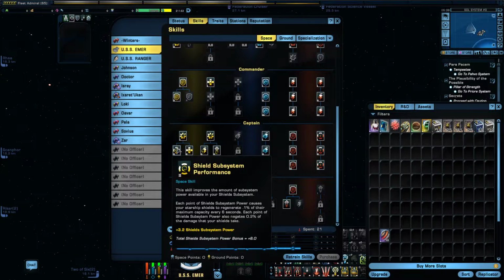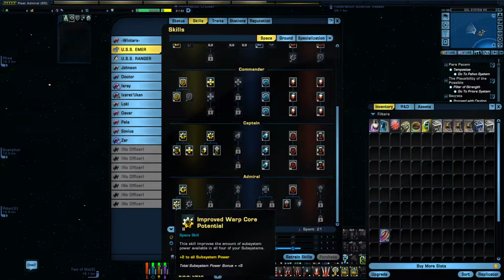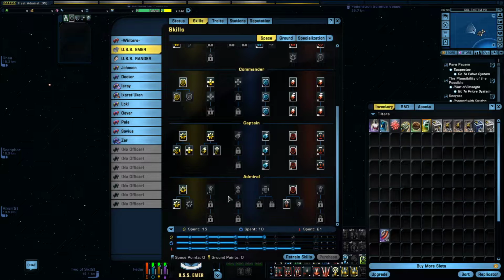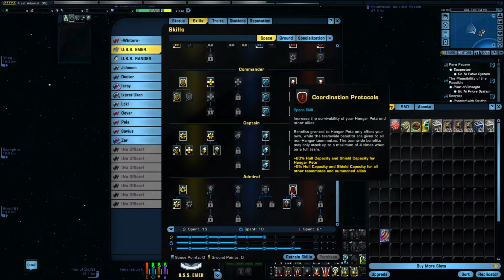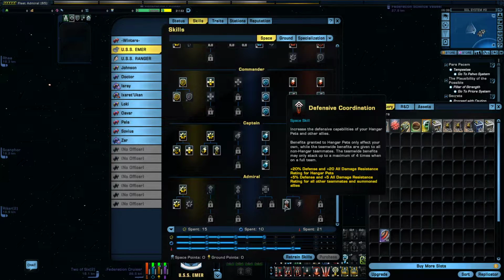And the same here on the engineering. Basically, these are all power buffs. And then we have 2 points in improved warp core potential. We have 2 points. And what's a little different about this one is that we have coordination protocols and defensive